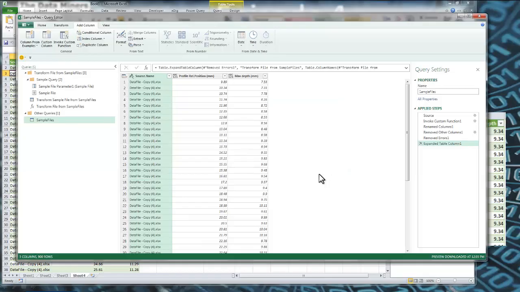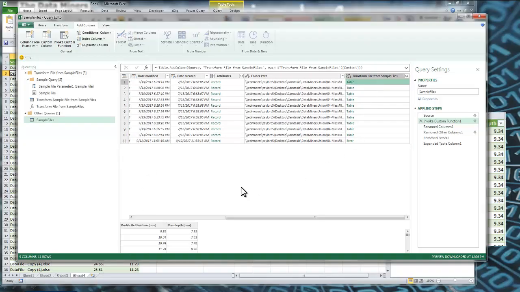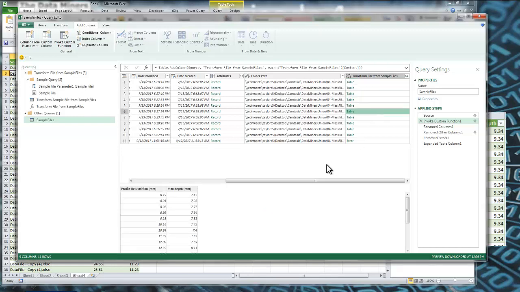And that's actually what PowerQuery has already done for us way back here, where we started off with just the list of all of the files in that folder. It invoked the function through Add Column, handing along as a parameter the values that are in the content. So it's handing along the binaries, and that's what the function's expecting. It's creating a table, and we can see down here an example of what it's pulling out for each file. It's executing that one function where it removes the headers for each file. So yes,